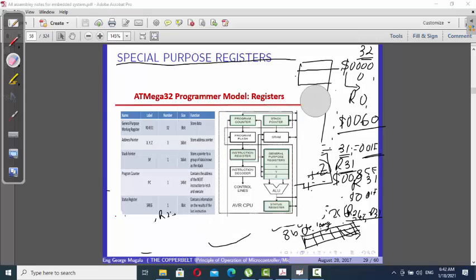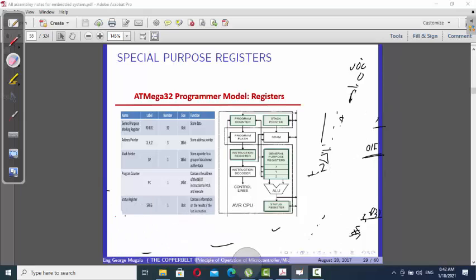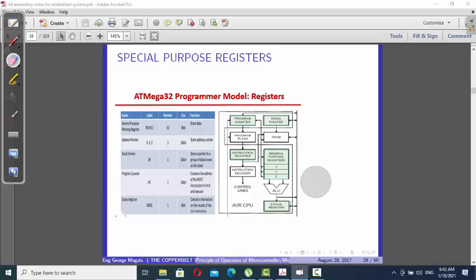Now, we can just try to look at the special purpose registers, and real quickly look at some of the ATmega32 register models so that you are able to appreciate the register models of the ATmega32. Now, I want to mention here, if we take a look at the model of registers that are found, basically you need to really appreciate in general how we put these things. Okay, so for example, right here,